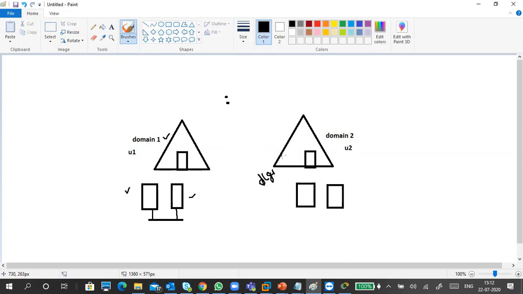In my group I add this user, in this domain local group in domain 2. I created the domain local group under domain 2, and I add user 1 to this one.